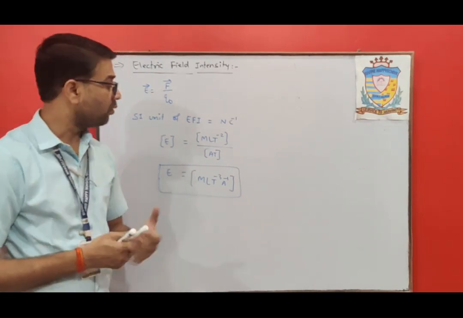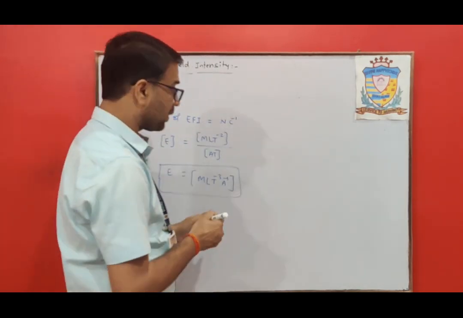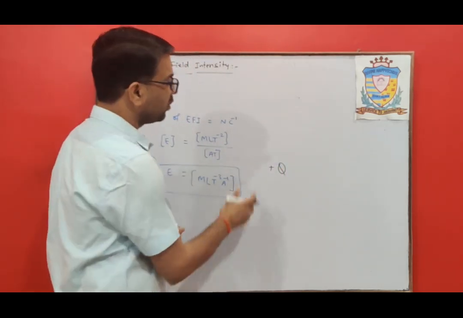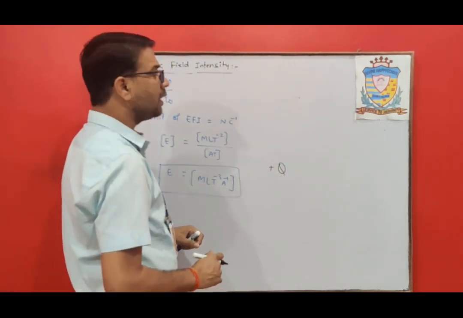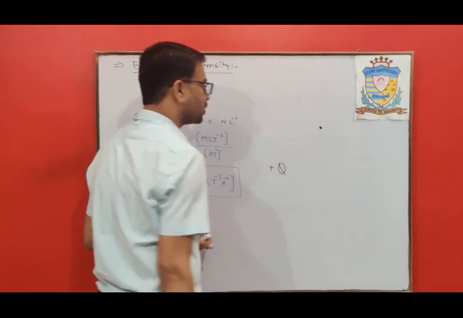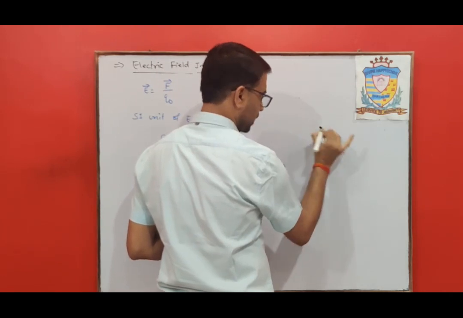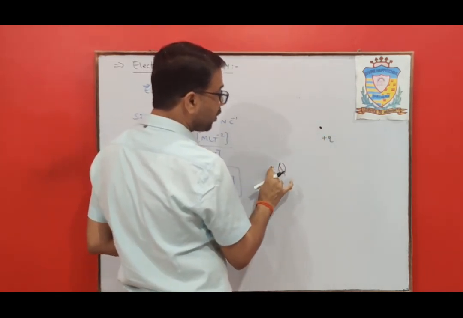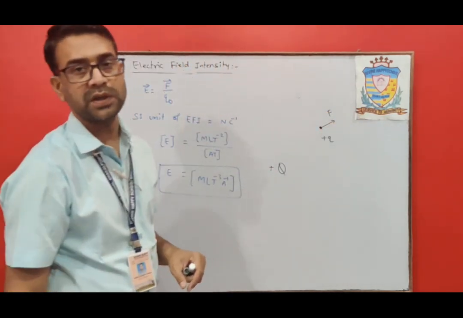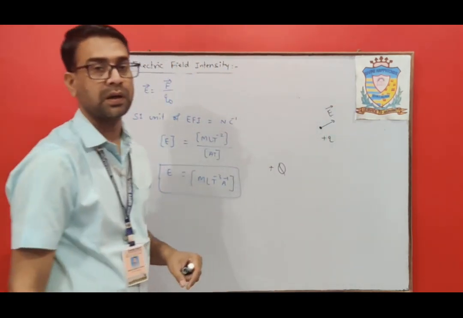Now the question is, how do we find the direction of the electric field at any point? Suppose we have a charge over here, that is K, and let it be positive or negative. Suppose it is positive. We'll put a test charge at any point, suppose we have to find the direction at this point. So we'll put a unit positive test charge. In that case, if it is positive, this will be the direction of force, and this direction of force will give us the direction of electric field intensity.